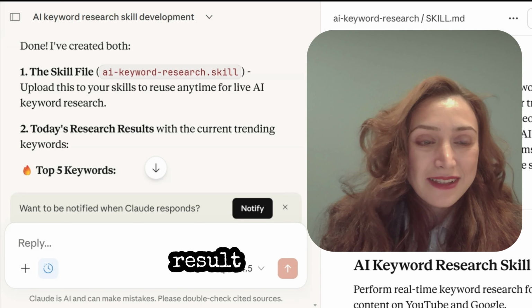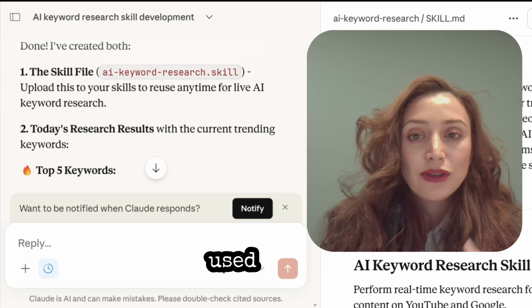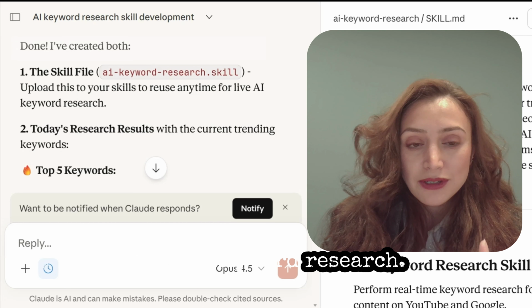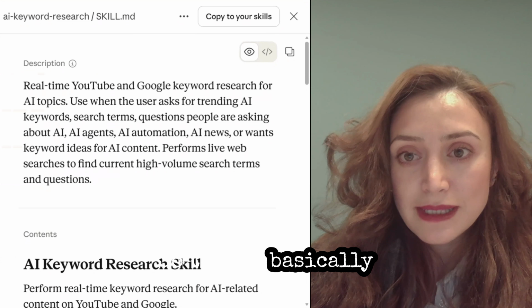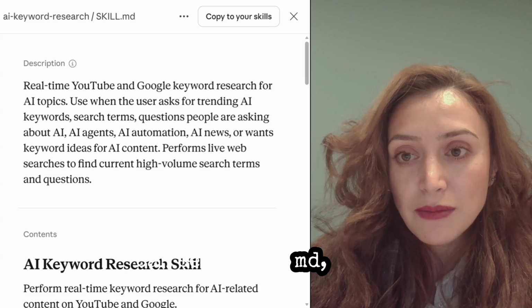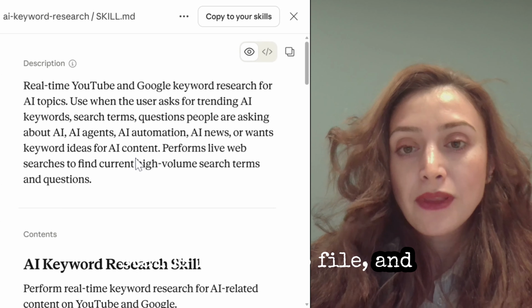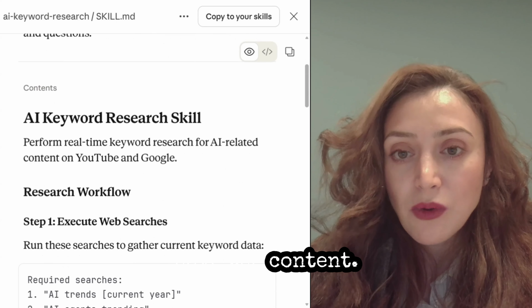Yes, so we have a result right now. We can see that the skill was created and also Claude used the skill to run the keyword research. First, let's go ahead and read the skill. So this is basically the skill. It is saved in a markdown file. You can see SKILL.md, which stands for markdown file. And then we have the description describing the skill. Underneath that, we have the content,